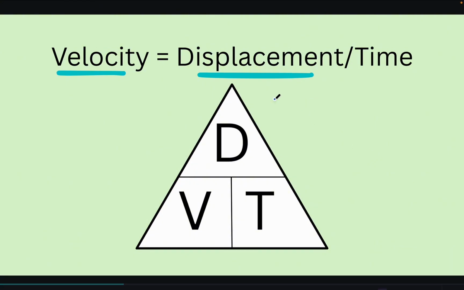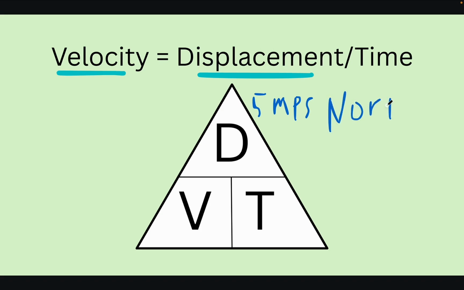So when you're writing velocity, let's say this car is going 5 miles per second, you'd have to put here the direction, let's say north. The weird thing though is in most problems, it already states where the car is going. Let's say the car is going 5 miles per second north. In the problem, it already says that the car is going north, which means when you're actually solving the problem,